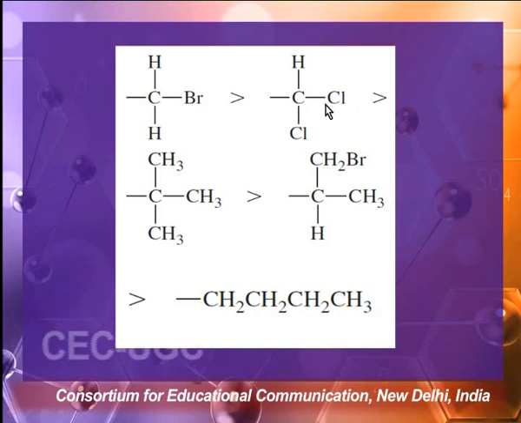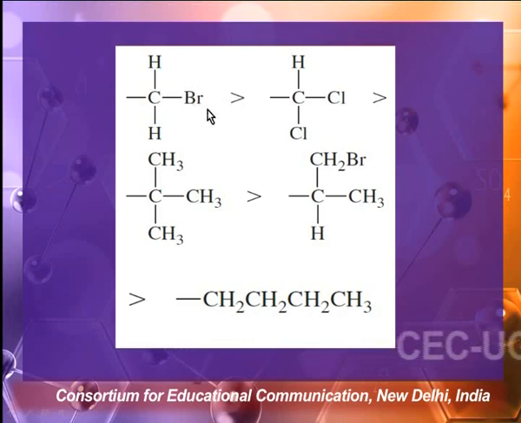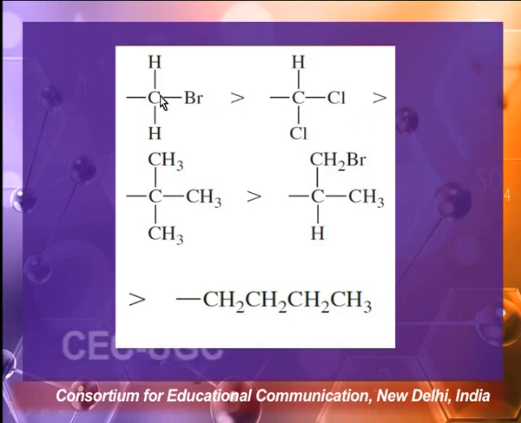Okay, fine, chlorine is having higher atomic number, but when we talk of bromine, here bromine is having higher atomic number as compared to chlorine. So what did we do? We compared carbon with carbon, which is having atomic number 6. Then we went on to hydrogen, and it was having atomic number 1. We cannot decide. So we went on to the next atom, bromine and chlorine. Here bromine has higher atomic number as compared to chlorine. So this group, bromomethyl group, has high priority as compared to dichloromethyl group.